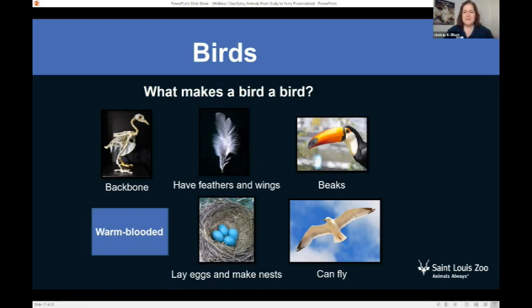Nice job. Cool, yeah. So not all birds can fly, but generally birds have wings and feathers and they can fly. And that's pretty cool because other animals don't really do that. Most other animals don't do that. Super cool. So I have a poll again for you guys to take.